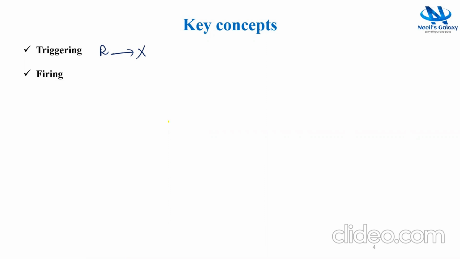What is meant by firing? If R is the only rule satisfied for that particular record, then we can fire the rule to classify that record. If a record X is satisfied by more than one rule, that means rule 1 covers the record X and rule 2 also covers the record X, then there is an ambiguity, an uncertainty about which rule to fire. So a rule can be fired if there is only one rule that covers the record, and then that rule classifies that particular record.